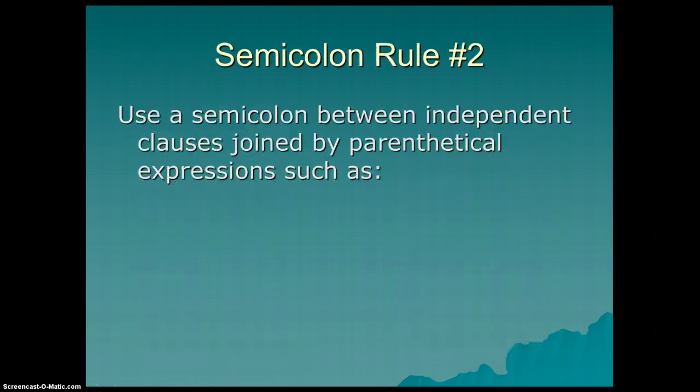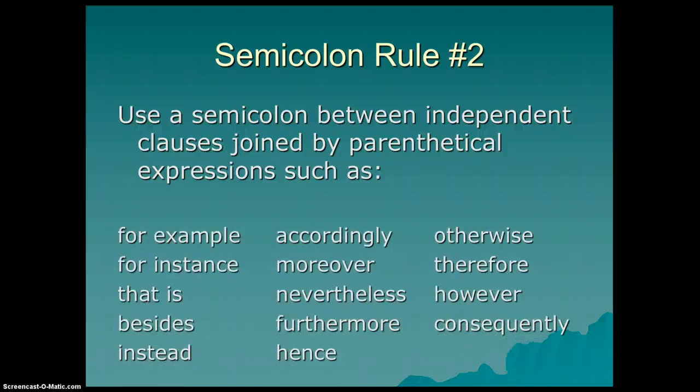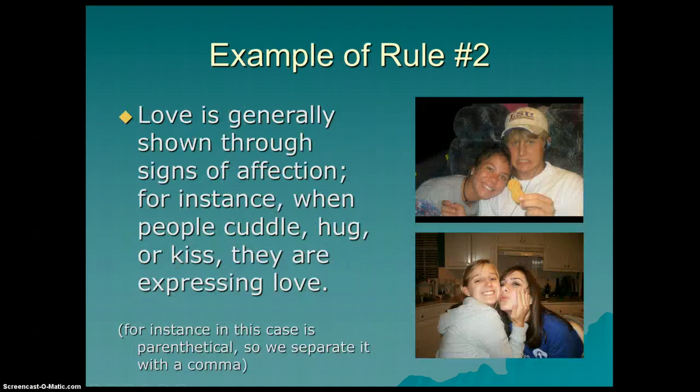Okay, rule 2 is to use a semicolon between independent clauses joined by parenthetical expressions. And these are some examples. However is the most common parenthetical expression, and I just wanted to show you how to use this in context. So, love is generally shown through signs of affection; for instance, when people cuddle, hug, or kiss, they're expressing love. So you always want to end your first independent clause with a semicolon afterwards. Then you provide your parenthetical expression, like however, and then you put a comma after it, and then continue with